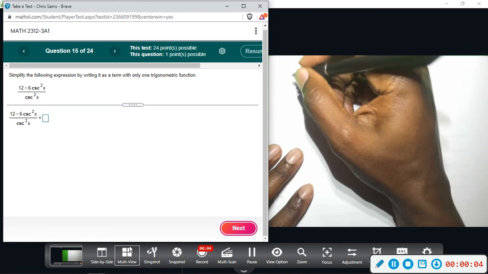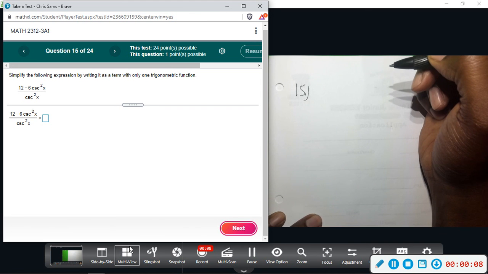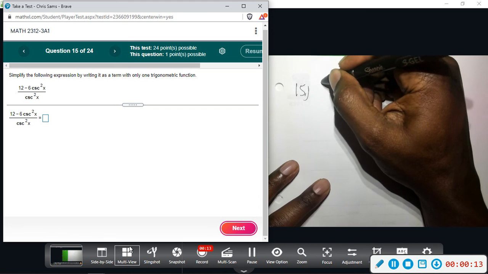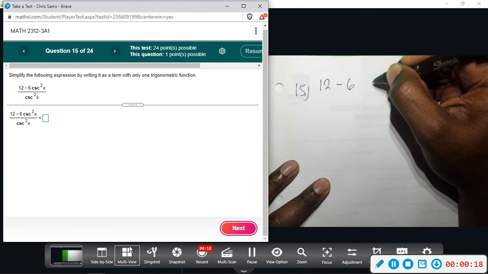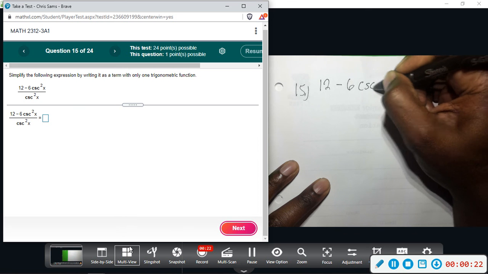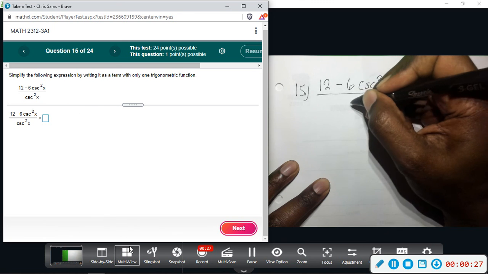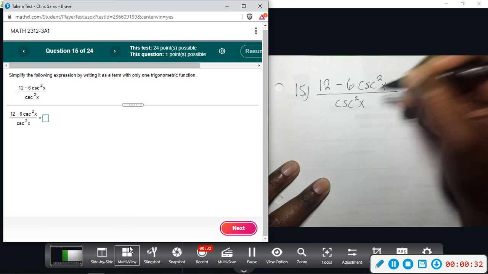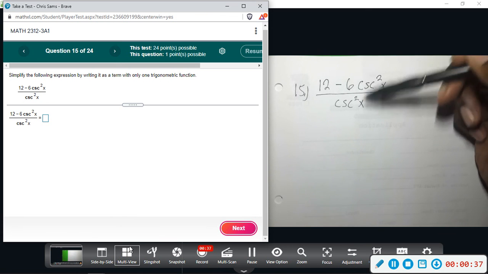Alright, number 15, we want to write this expression as a term with one trig function. So we have 12 minus 6 times csc squared x over csc squared x. Okay, so what we want to do first, I'm going to rewrite this in terms of the